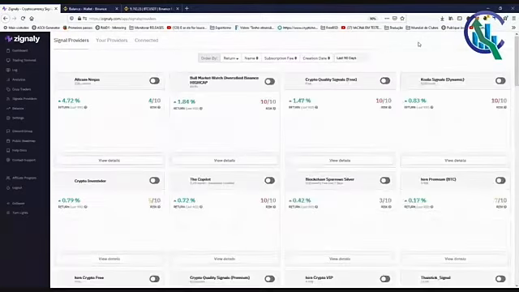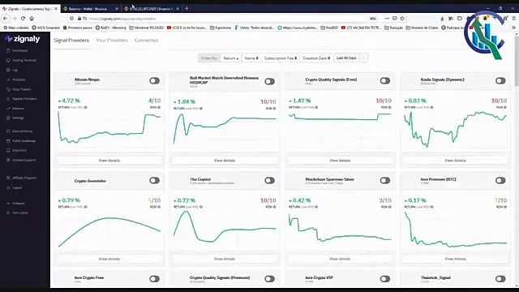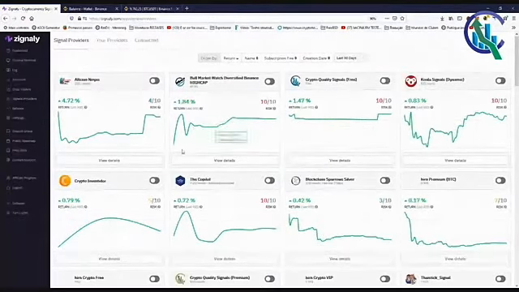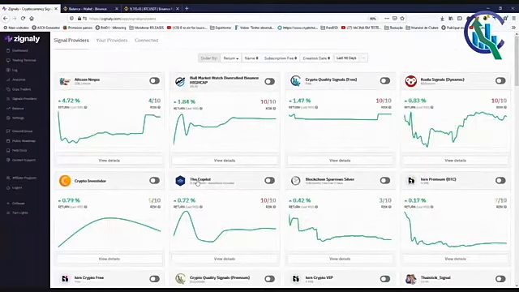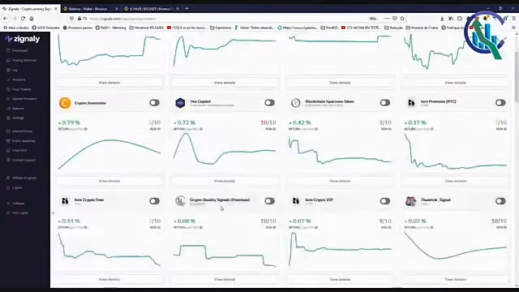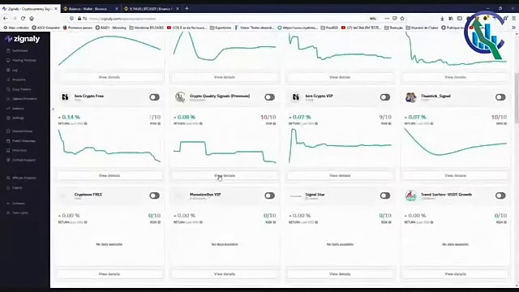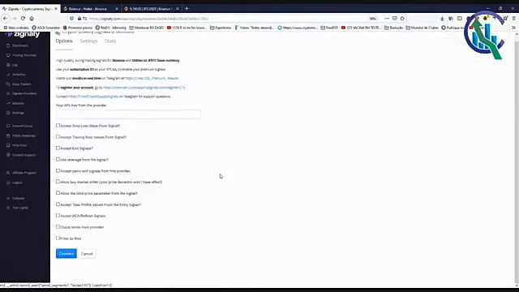It will take some time before it shows me the options I have, right? But I cannot choose any provider because I'm trading on Binance Futures. So I must choose only signal providers that provide signals for Binance Futures. In this case, I will go with Crypto Quality Signals Premium. So I will enter here to see details.